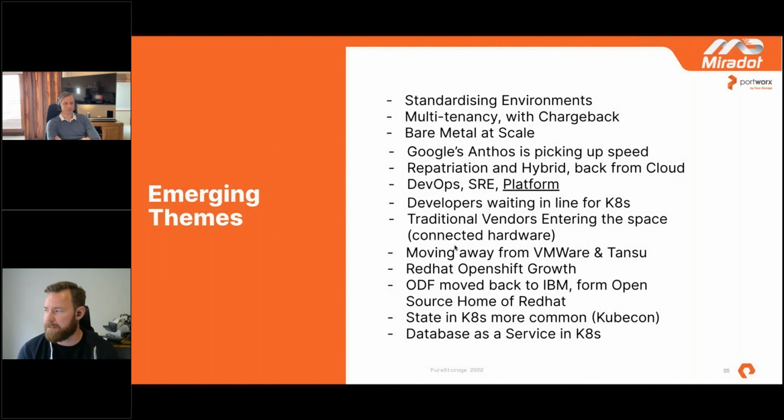And along with that, you want to get rid of those old VMs or even physical servers that run your databases and put them as a service into Kubernetes. And of course, Portworx Data Services has an offering for that makes it super easy to spin up a new database of your choice in a Kubernetes cluster. Great stuff. Thank you, Marcus.